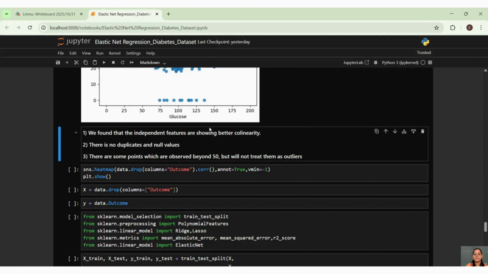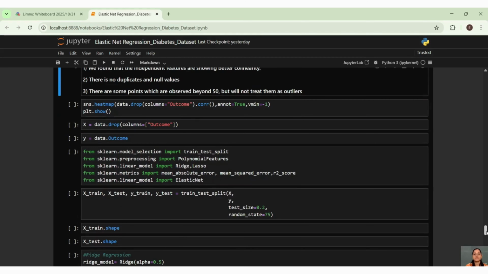Those I am not going to treat as outliers, because when we look at the number of data points, I am not treating them as outliers for this data set. Now let us see the heat map.